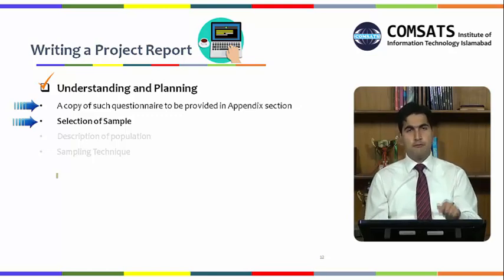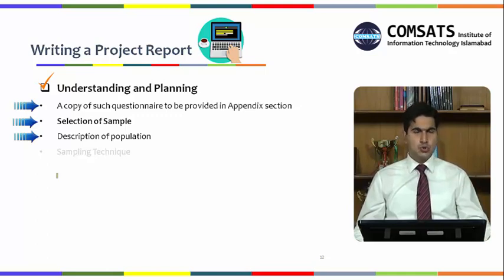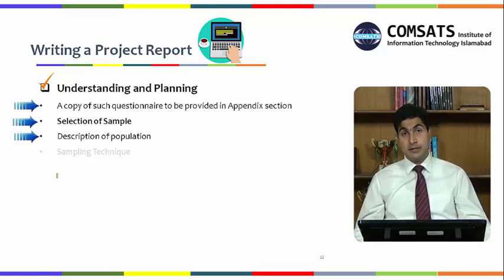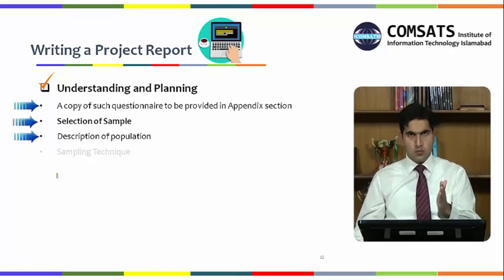Within the methodology, you have to clearly provide a section on sample selection, in which you talk about who your population is, and from that population how you have taken that sample, and what sampling technique has been used. There are different sampling techniques, you can Google them as well. Systematic sampling, random sampling, simple random sampling. These are the ones which were in my mind. Then there are probability sampling, non-probability sampling, a few more, but of course you can look into it. You have to basically pick one, and decide which one has to be used to collect your sample.